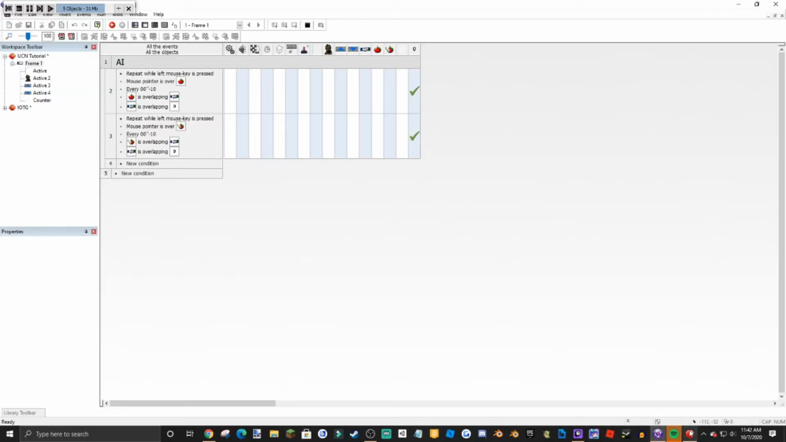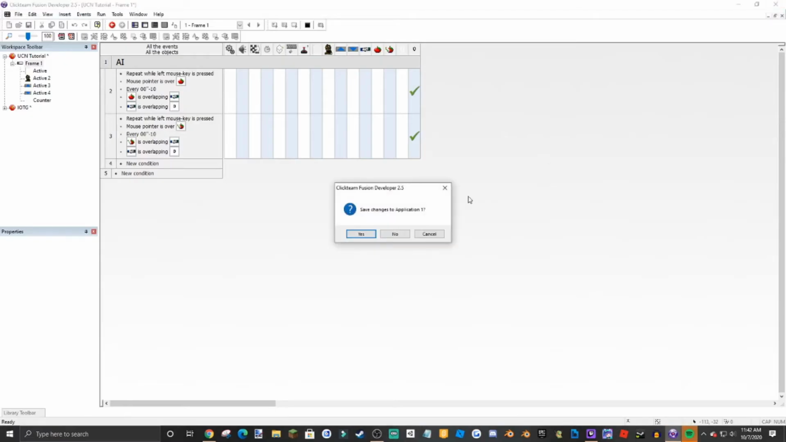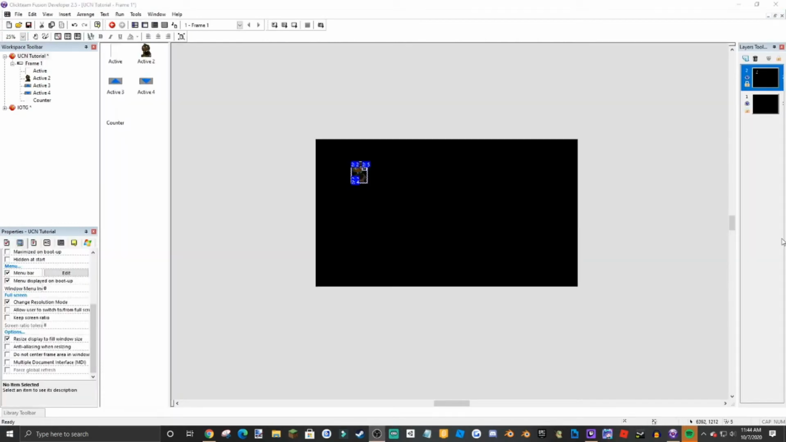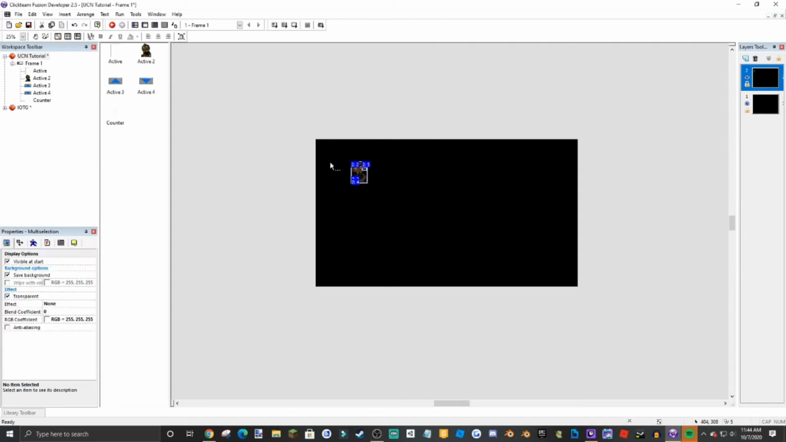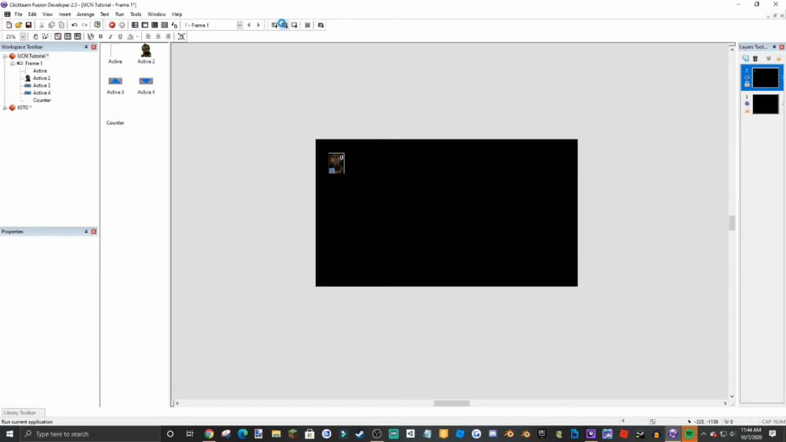Now, let's see how that's working. Alright guys, so I just figured out, I had a bit of a problem with that, but what you're going to want to do is also check resize display to fill window size. So moving this all over here, yes. So now our AI is working,